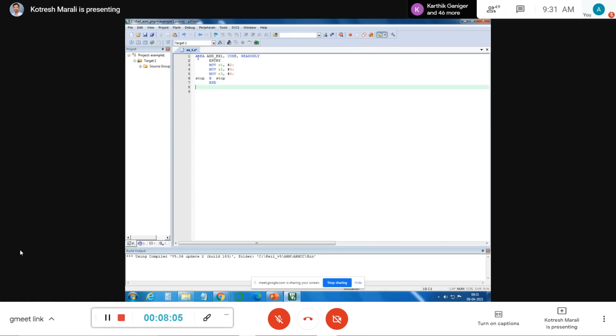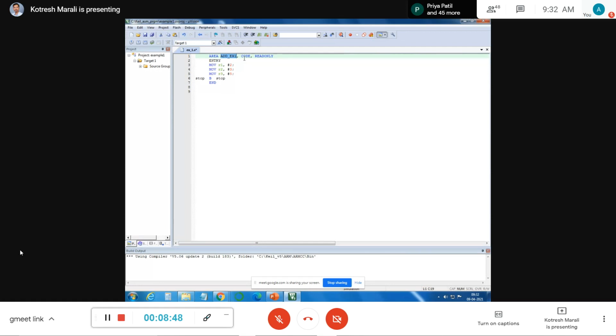Now when we write this, we need one more thing, that is the assembler directive, which we call AREA, which directs my assembly level language to the assembler. Just like a compiler converting C to assembly level language, we also have an assembler directive. The assembler directive will direct the assembler on what has to be performed. AREA is a keyword, an assembler directive, which directs my assembler. And we give it some name, for the operations that I'm trying to perform.